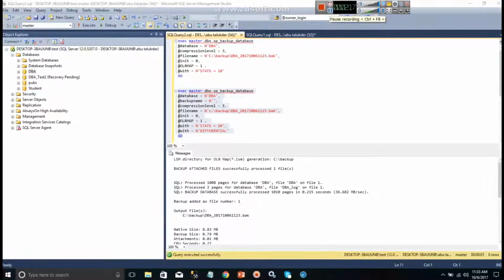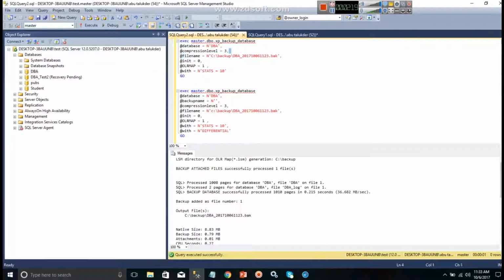Now one more for Lightspeed, you can see the compression level. It can go up to 8, so you can put it there up to 8, and the lowest number is 1, lowest compression. So you can change that, and then init will be always 0. You don't want to initiate, which means you don't want multiple copies on that backup. So you want only one copy of it,